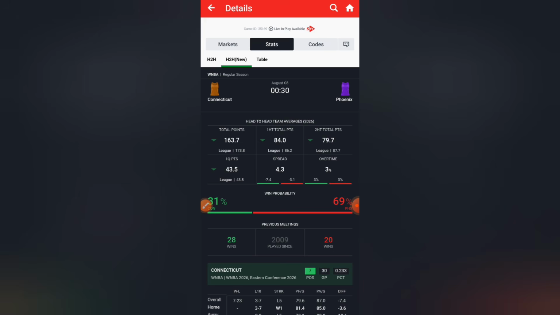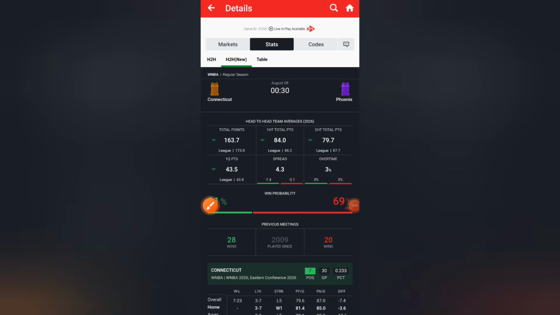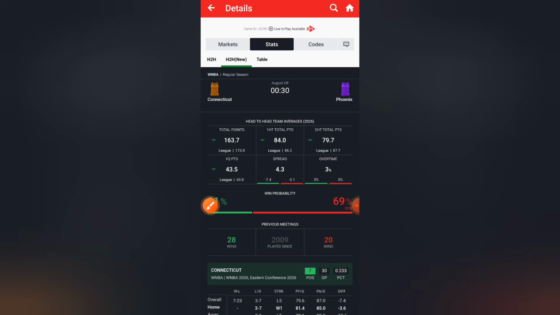Now, when we are talking about the risky line, which happens to be the number two strategy, the risky line and the safe line strategy, that one deals with considering the same factors as we consider in the basic strategy. You need to make sure that the league average point is higher, and the two teams' average point is higher than the league average point, right? And after that, you are not concerned about the league average point anymore, just like the basic strategy.